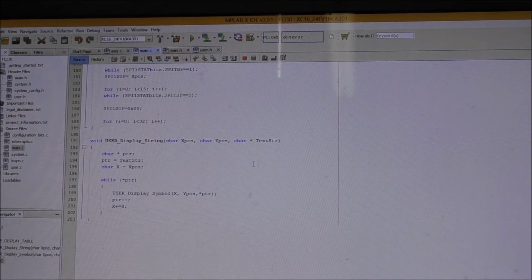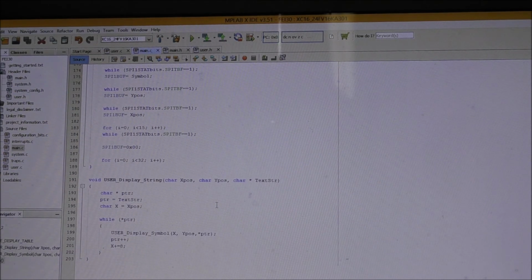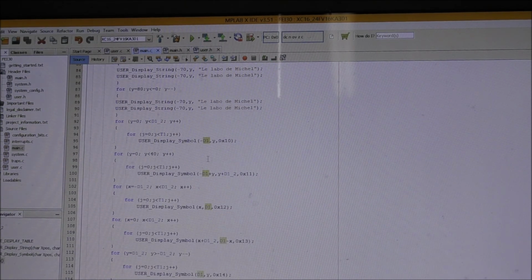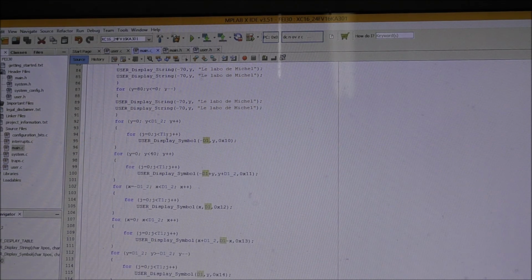I wrote this routine, which permits to send a string directly. So in order to display something, you need to understand that when a character is displayed, it will not be stored in the instrument. If you want to keep the character displayed, you need to constantly refresh the communication. For example, if you want to display something for a given time, you have to include the send function in a loop, because if you don't send anything to the communication, nothing is displayed.